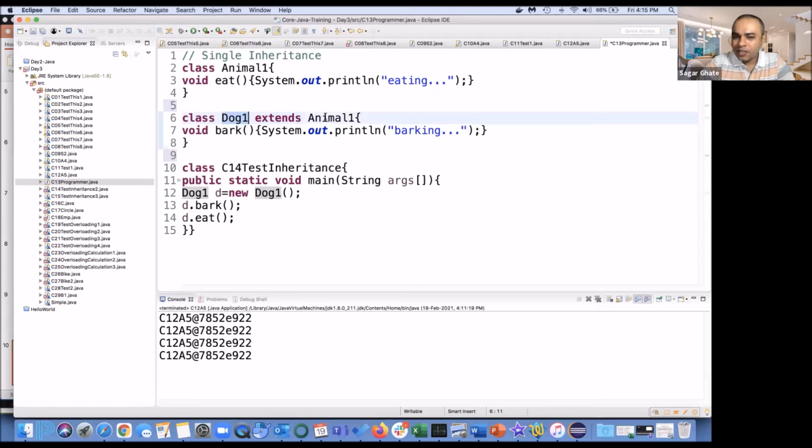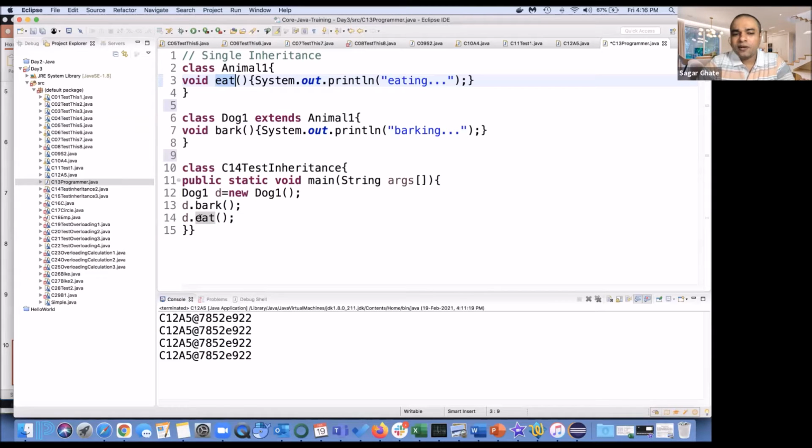After using this extends keyword, normally all the properties of the parents are inherited by the child, as in the real world. In the same analogy, if there are, say suppose, 20 functions for animal, like animal sleep, I can have void sleep as one of the functions. All the animals are going to sleep. So d.bark, d.eat, d.sleep also I can do.